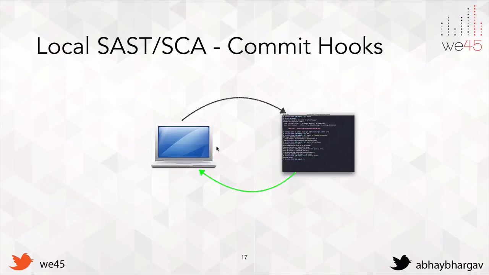So one of the big automation success factors, or one of the ways you can do a lot of automation with your developers, is to use something called Git Commit Hook. You can set up a hook that says, as soon as somebody commits to this Git repository, run this process, run a static code analysis tool, or a code quality tool, or whatever it is that you have as part of your security processes. This will actually reduce a lot of the effort that the security team has to eventually do later on.